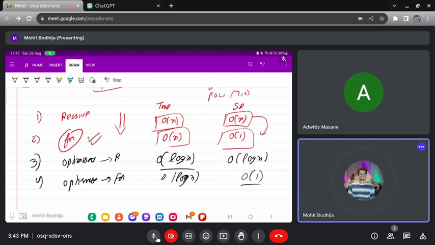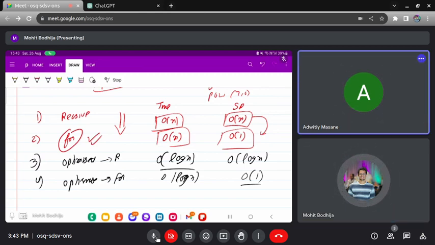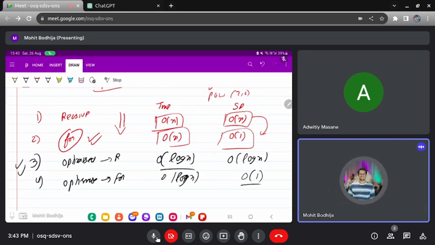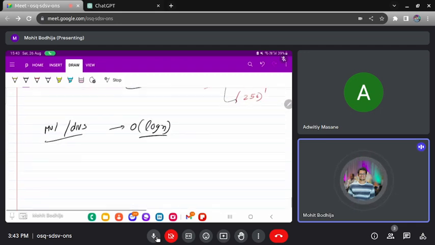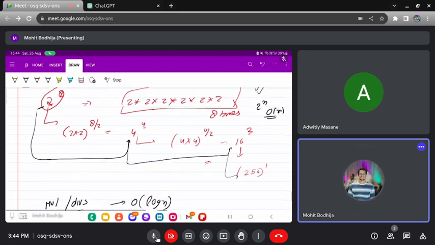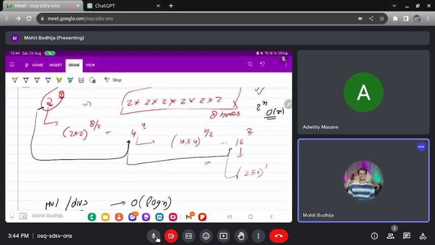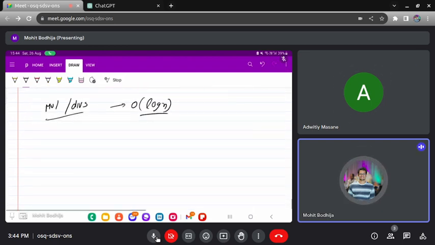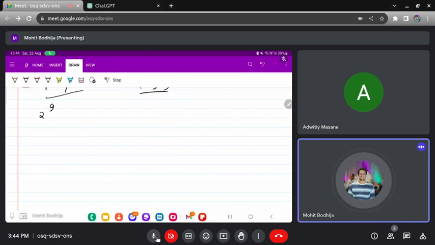So first of all we will write the optimized recursive approach. Basically we have seen one example: if the power was even, the power was reduced by half and we multiplied the base by itself. Let us take one more example when the power is odd. If it is 2 to the power 9, you may write it like 2 into 2 to the power 8.